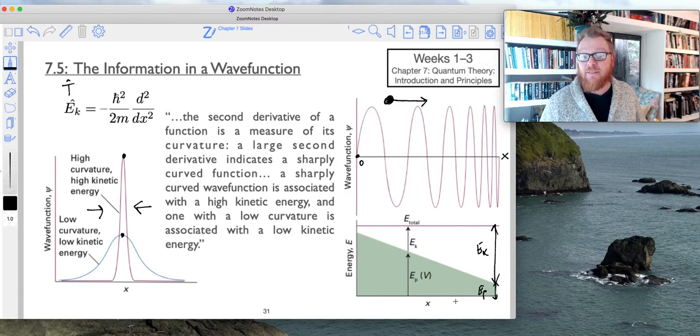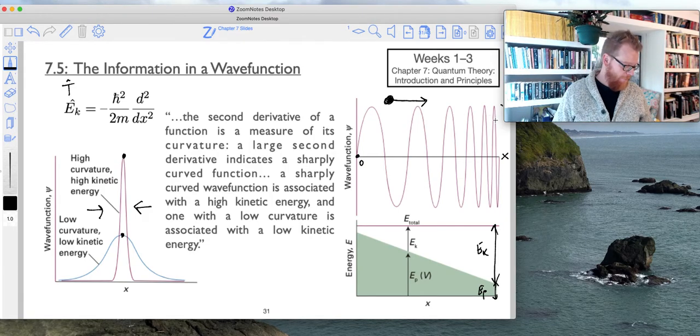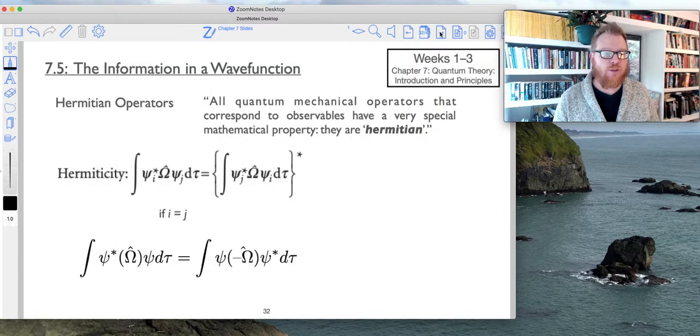And that would create a force on this particle, moving it in that direction indicated. Okay, very cool. So now